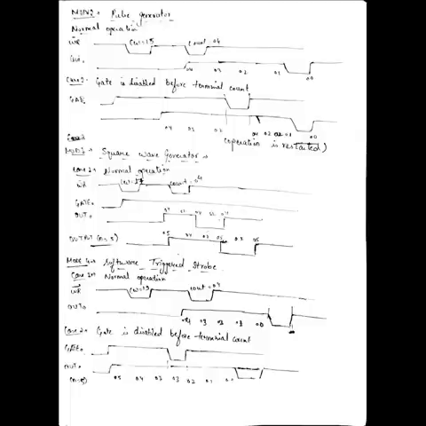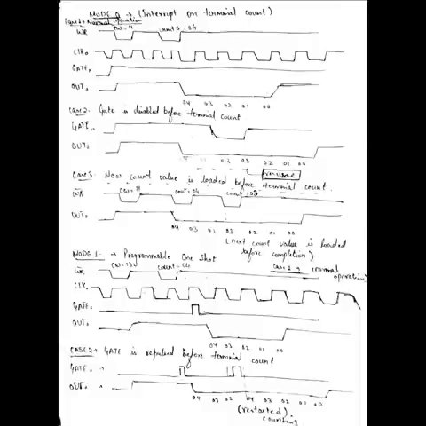The case 2 is the gate being repulsed before terminal count, as I discussed before. So in mode 1, if the gate is repulsed before the terminal count and the counter has started to decrement, like 04, 03, 02, then it will restart the counting because the gate has been repulsed again. So it will be counting 04, 03, 02, 01 and 00.